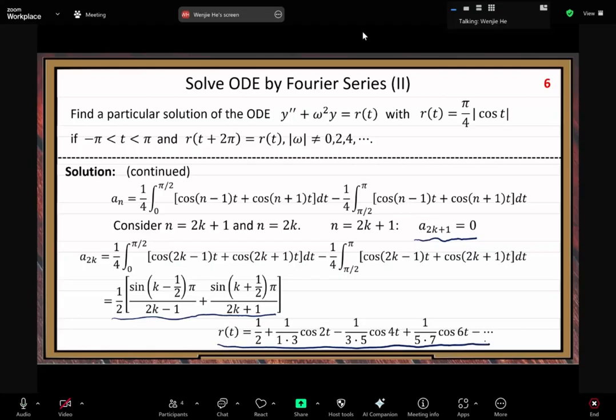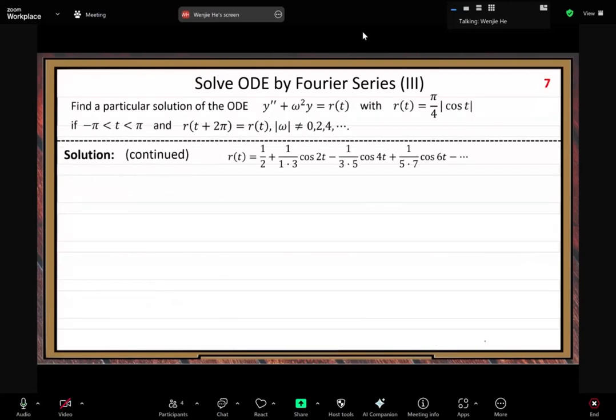So the first step, we need to write its Fourier series representation for the R function. You just do the calculation carefully for each coefficient. After that, we calculate our particular solution. We only need to calculate one particular solution. To calculate the particular solution, you can see the R function is a sum of